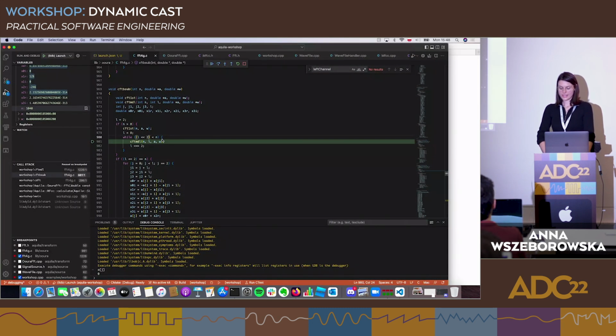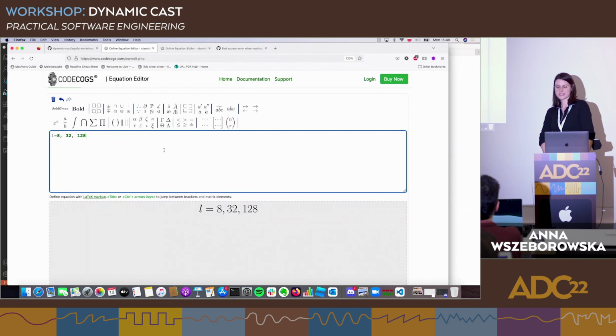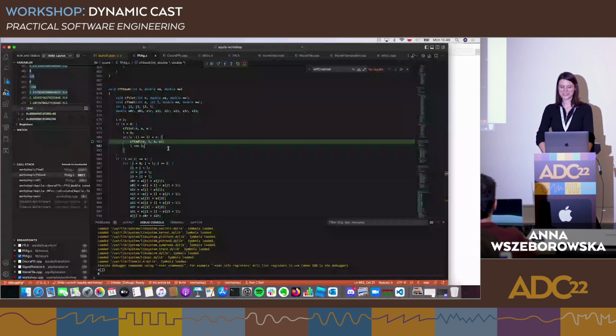Is it lower than N? Yeah. Execute. Assign this to L. And again, what's 128 times 4? 512. Is it lower than N? Yeah. So we're gonna pass L, and currently our L is 128, to this function, and then assign 512